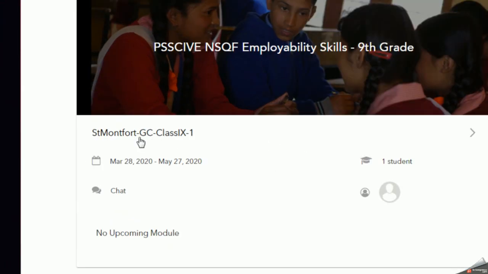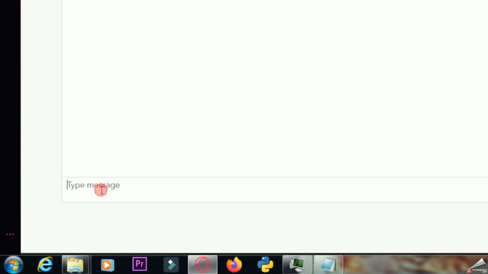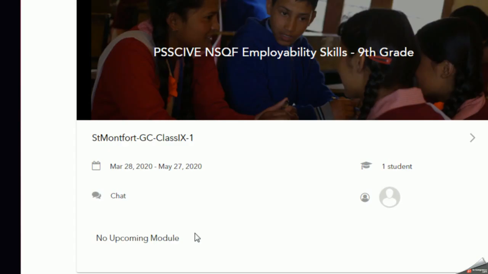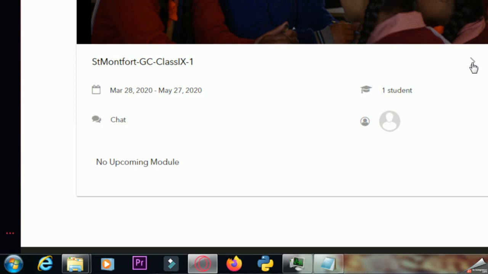You can read, this is your batch, this is the batch which has been created. You are part of 9th class batch and this is one student profile. Right now this batch contains only one student. As and when you people go on adding yourself and registering yourself here, so you will be having your batches, and it's showing the instructor name, that is my name. If you want, you can use the chat option also from here to type any message, and I'll go to this option right now, this arrow.